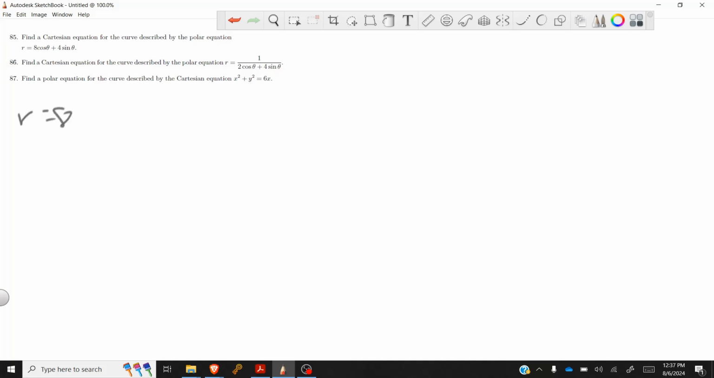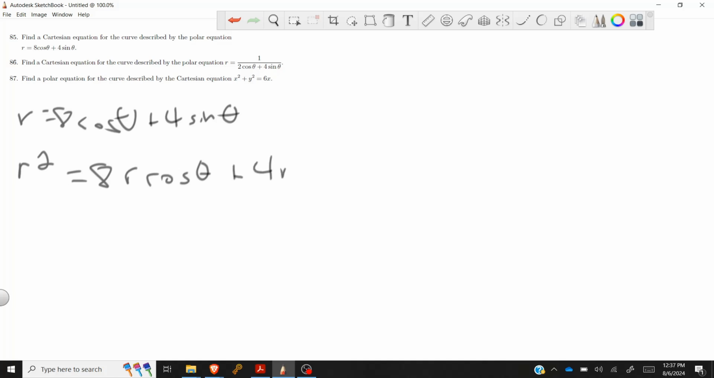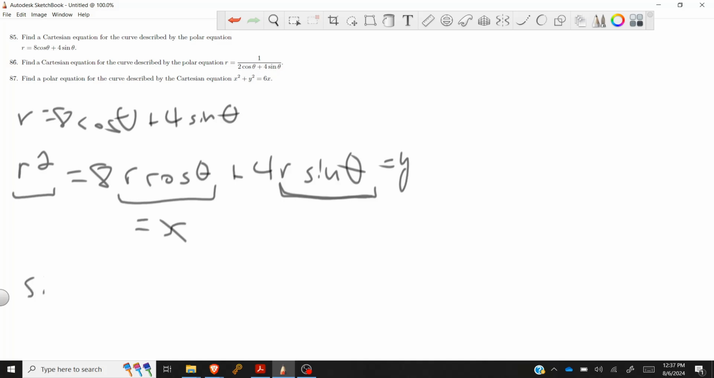We have r equals 8 cosine theta plus 4 sine theta. So let's multiply both sides by r, so we get r squared equals 8r cosine theta plus 4r sine theta. And we're doing this because we know that this is equal to y, and this is equal to x, and this is equal to